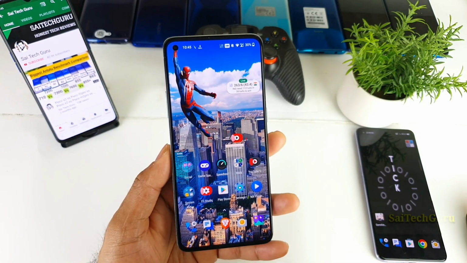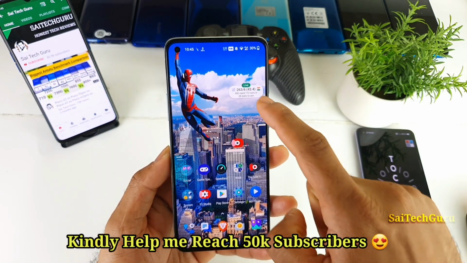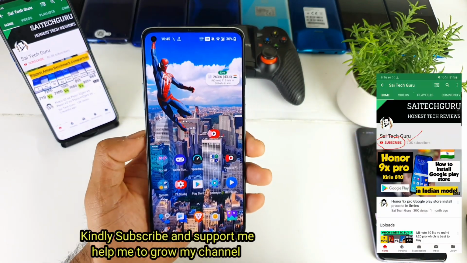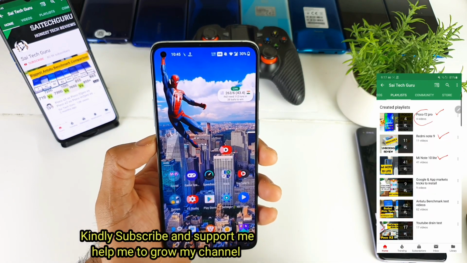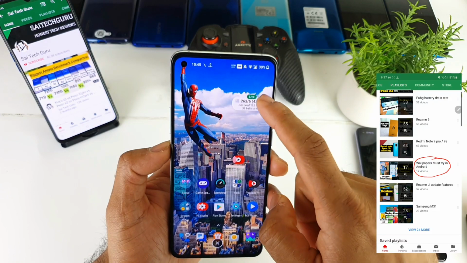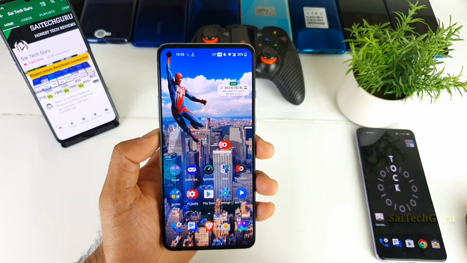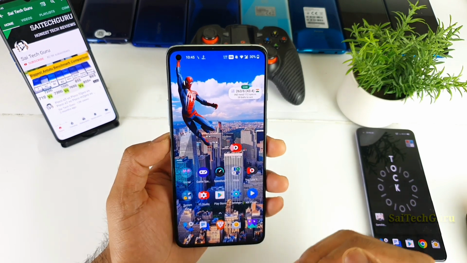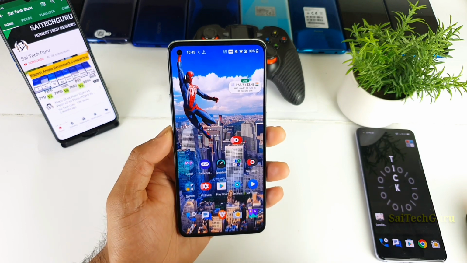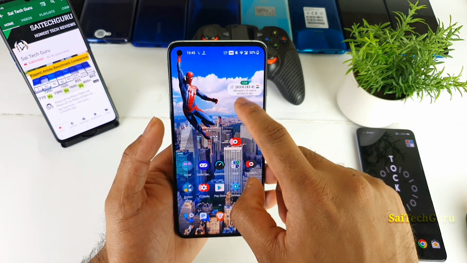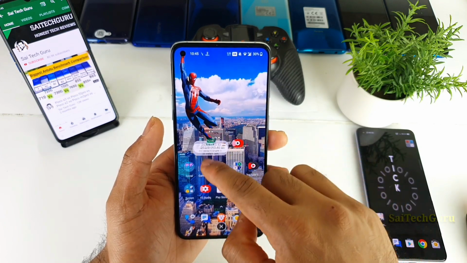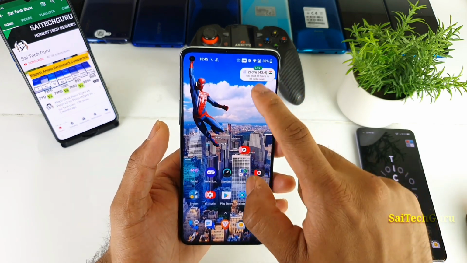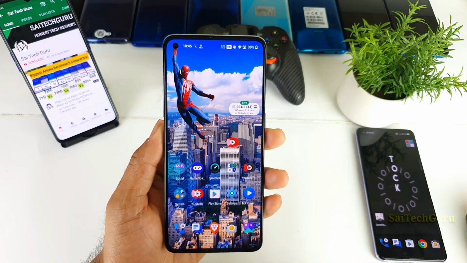In today's video, I'll be talking about how you can add the cricket live score widget on any Android device right now. Recently, friends, I came across this feature where you can get a live cricket score widget for free without downloading any third-party applications, just by using one simple trick available in Android phones. If you're new to this feature, try to watch till the end of the video to see how to add this small live score widget, which is very convenient for seeing the live scores whenever you want without opening any third-party applications.